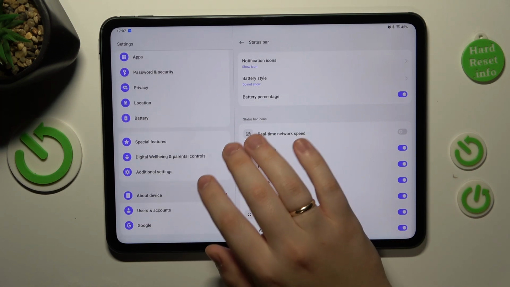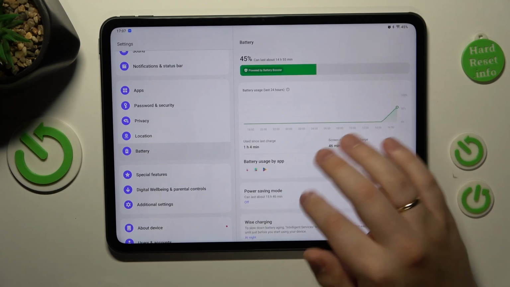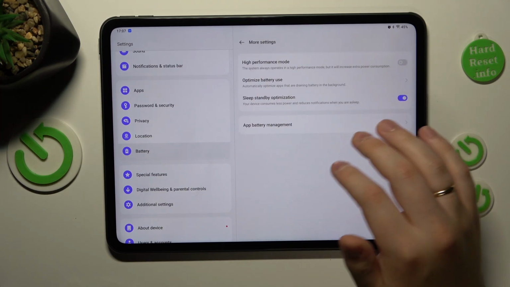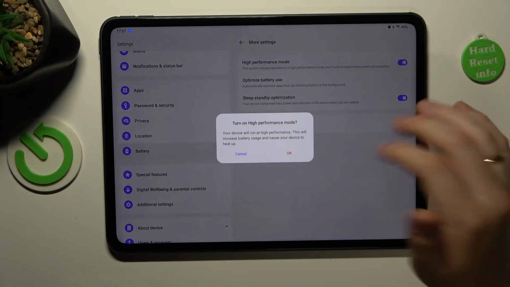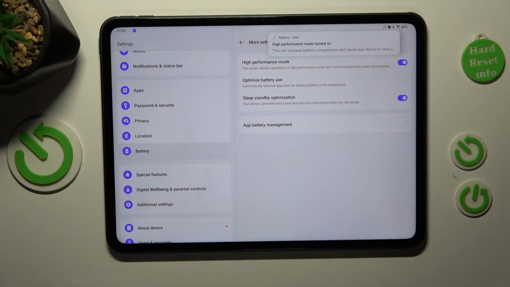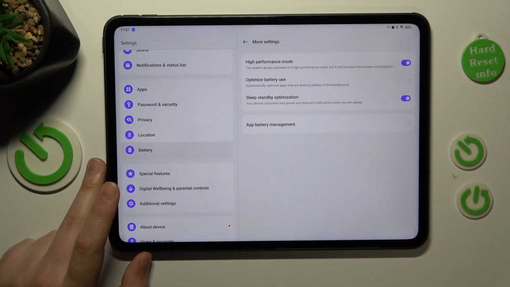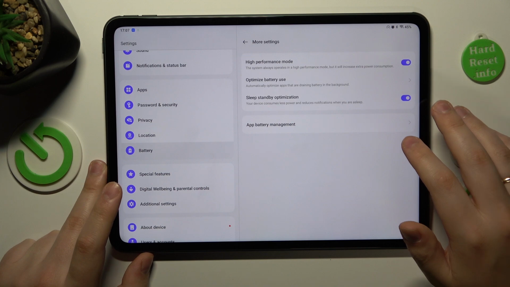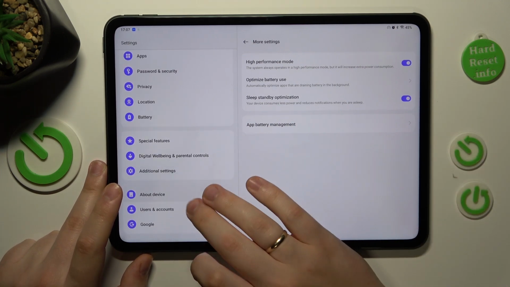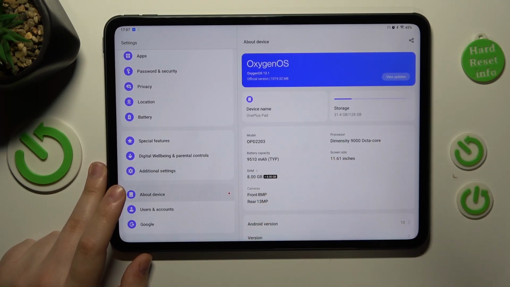So the first one, you can enter the battery, then go into the more settings menu and turn on the high performance mode. And it is a pretty self-explanatory feature. It improves or increases the system performance, allowing you to do more tasks more quickly, and it comes at the expense of increased power consumption. So fifth and final tip, you can find the option I want to show you at